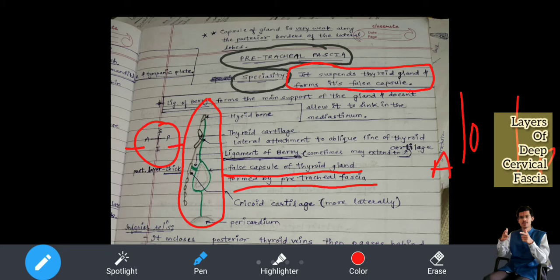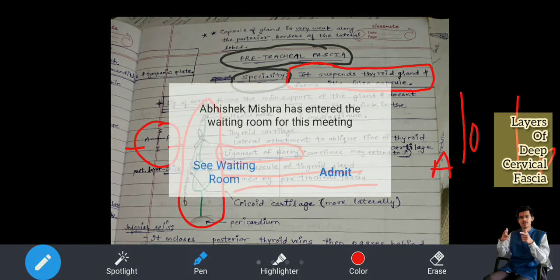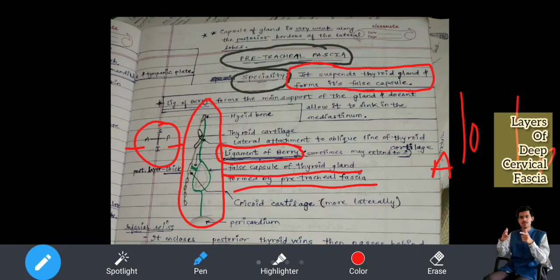And this ligament of Berry, when we discussed the thyroid, we discussed in detail the role of the ligament of Berry. It is the structure which is suspending the false capsule of the thyroid gland. The false capsule is also formed from the fascia. I told you that a false capsule is formed from the fascia. We saw a false capsule elsewhere, do you remember, in the abdomen? Yes, it is the prostate gland. It also has a false capsule. When it is a true capsule, it is of the organ or tissue's own. But when it is a false capsule, it is formed from the surrounding fascia. Always remember this. So here this false capsule is formed from which fascia? It is the pretracheal fascia.